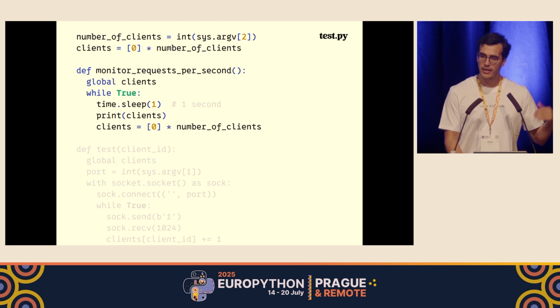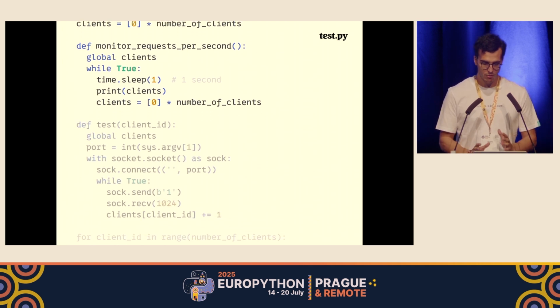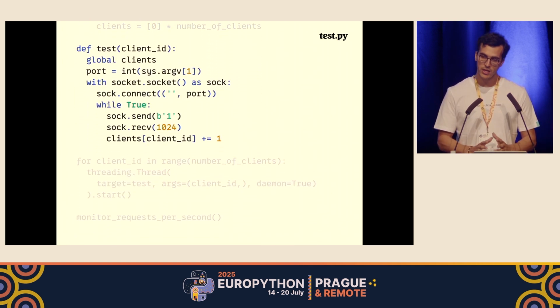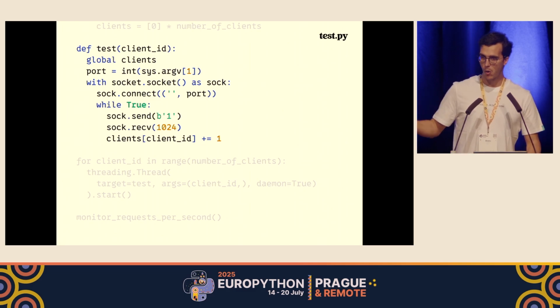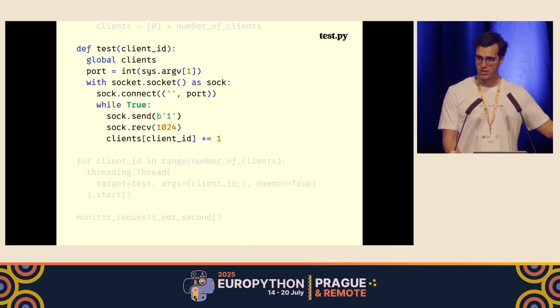And how do we increment those numbers? Well, each client is going to have its own thread, and each thread is going to call this Fibonacci server. You send in just a 1 to make it a really fast response, and it's going to increment the number in the place on the list that is associated with it, in an infinite loop.